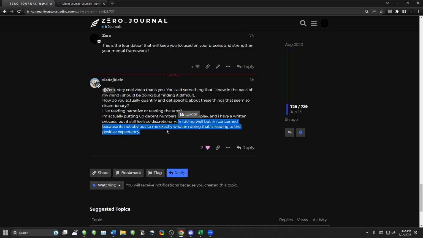So what I mean by that is, let's say you are sitting down, you're developing a bias in your narrative reading skills, right? Your narrative is leaning to some kind of bias. Now, if you have no way of measuring the word bias, you have no idea if this part of your trading has edge or not. Ways you could measure bias, some ideas: is the biggest move of the day in my favor? Is the biggest move in a window or a time frame?